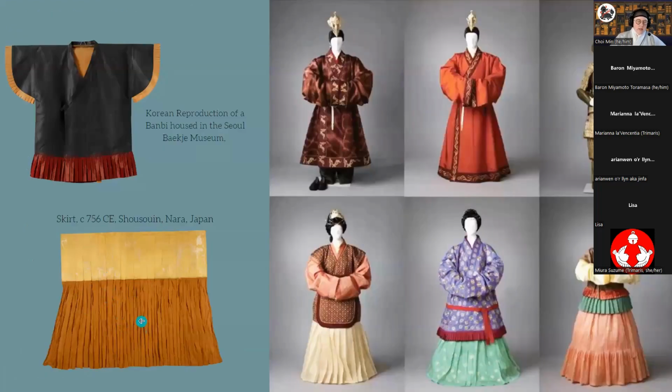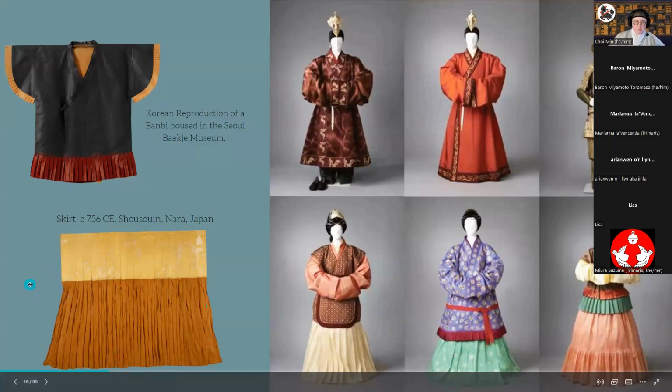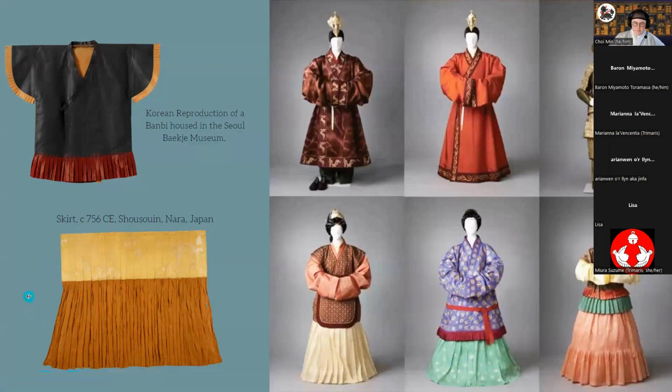And here we have, in Nara, Japan, the Shosoin, a reliquary that I'm sure you've heard mentioned before. It was basically a bunch of relics dedicated to Prince Shotoku, I think, by his wife, and then they just sealed it all off and kept care of it for hundreds of years. So what is in the Shosoin is essentially from the time that they sealed it off.